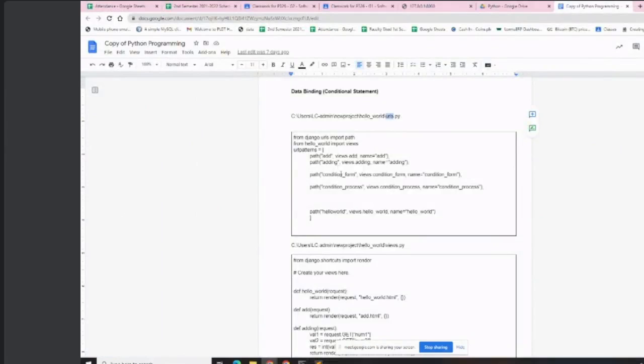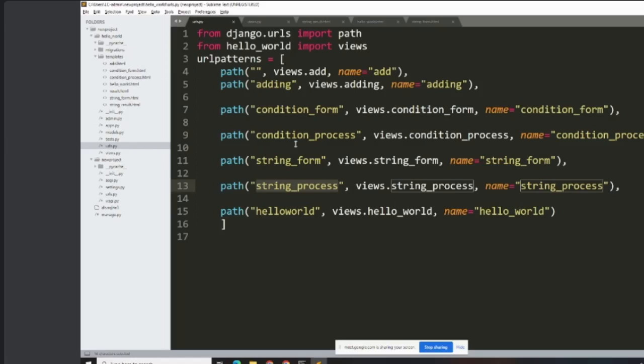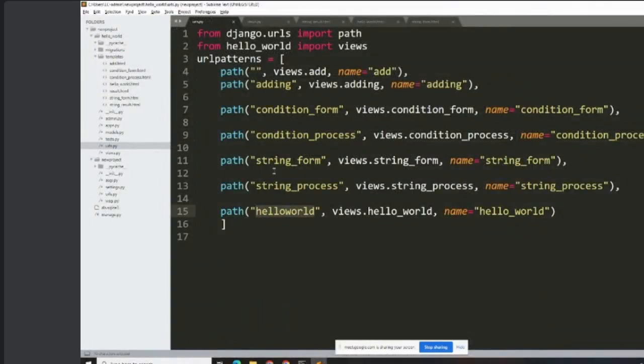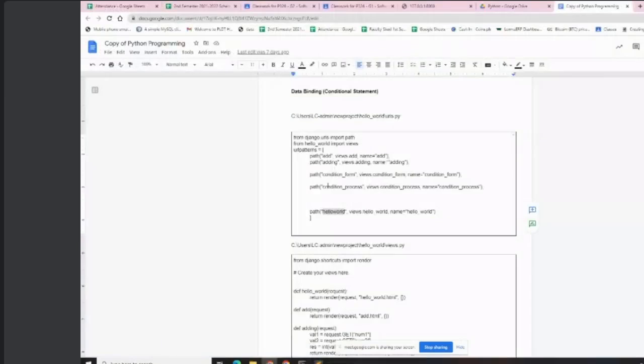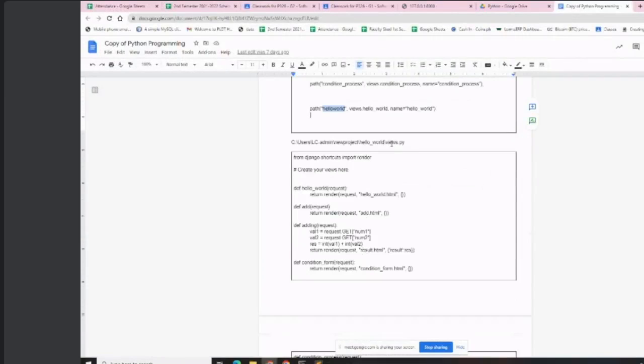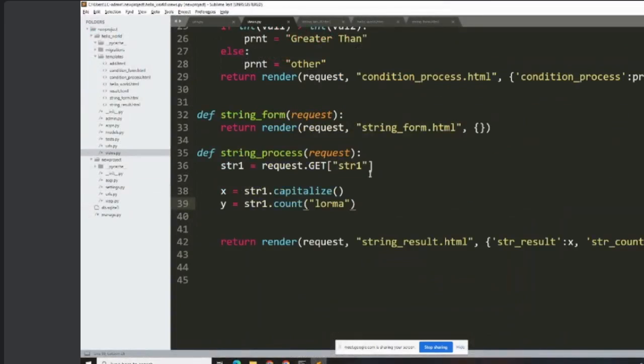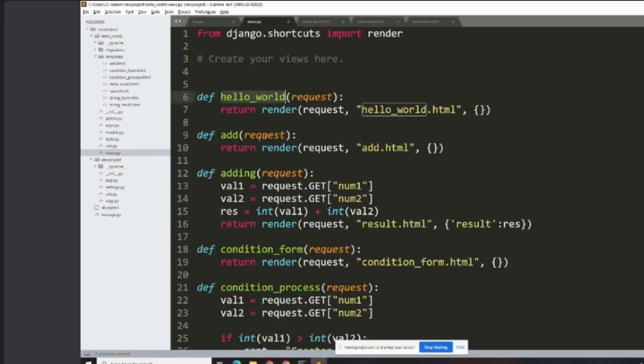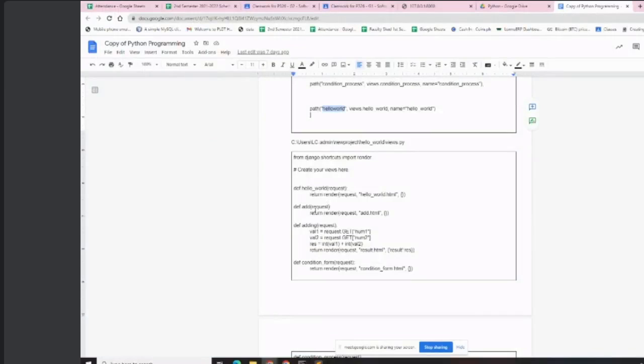Dito kasi meron tayong adding and then condition form, condition process, condition form, condition process. Ito kasing default yung ginawa natin new application. The hello world, we have the hello world. So, wala pa tong path na to. So, later on yan. And then views, hello world. Then dito we have definition for the hello, another definition for add and adding,